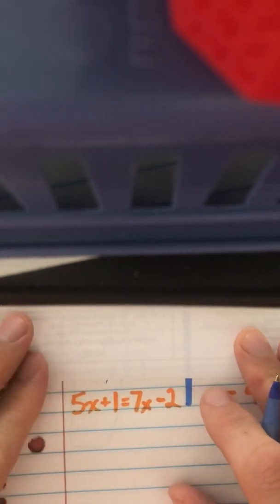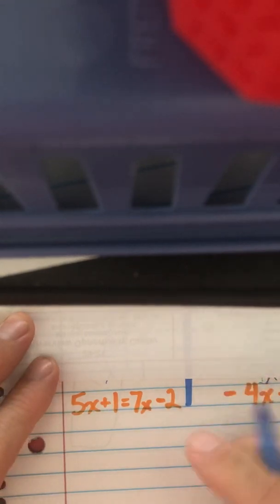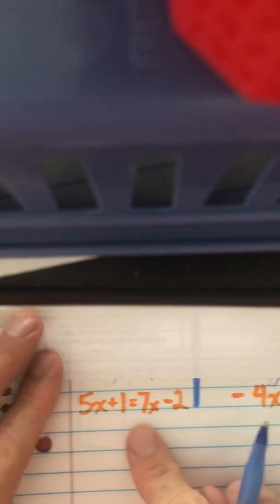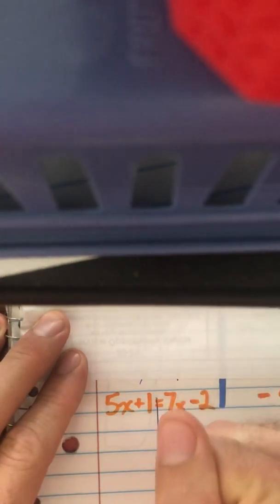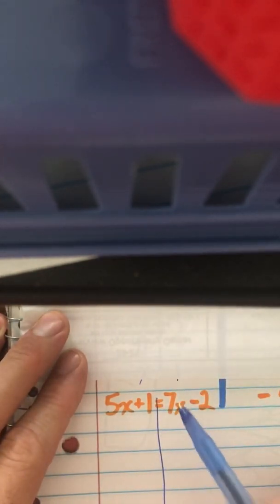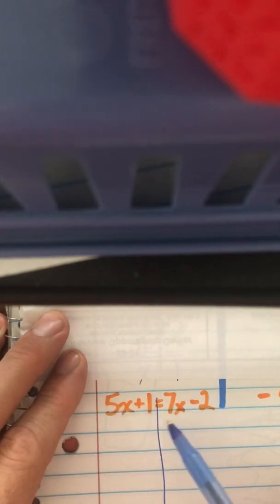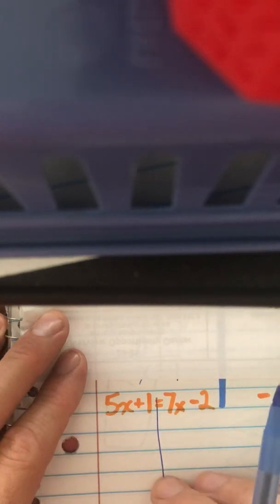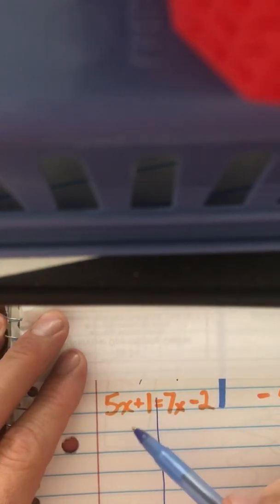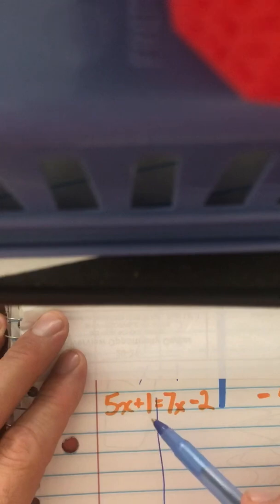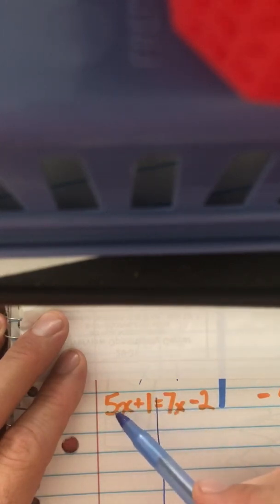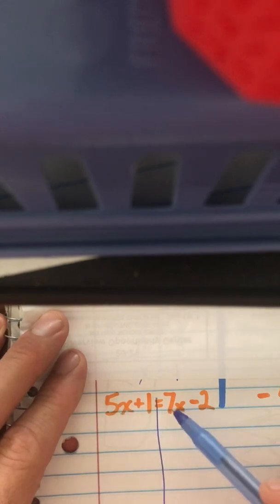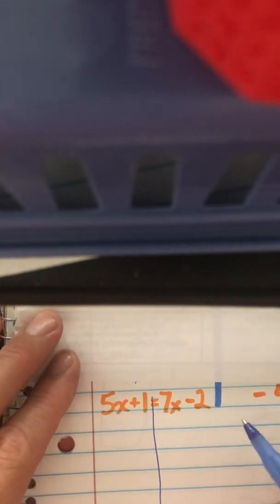Let's do a couple more. All right, this is 5x plus 1 is equal to 7x minus 2. Maybe I make my river as a habit, and then I notice I have x's on both sides, so I want to pay attention to that. Let's say I want to try to get the x's together first, so I'm going to do 5x and 7x first, and I have to pick: do I subtract 5x or do I subtract 7x? Well, my hint is